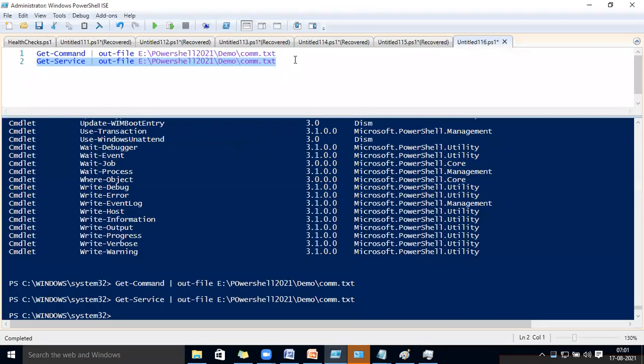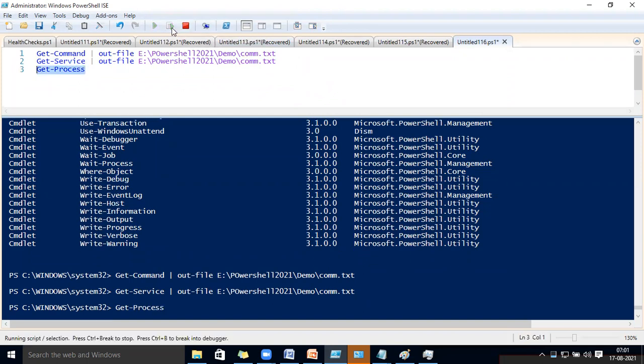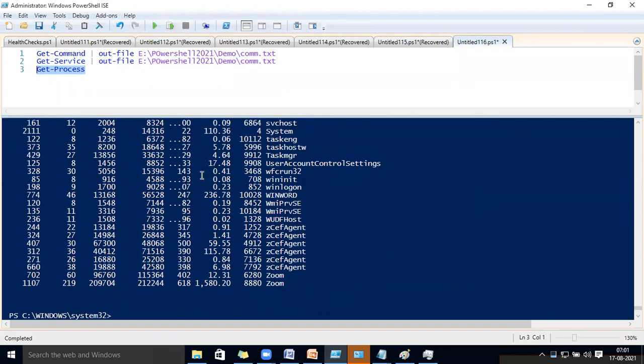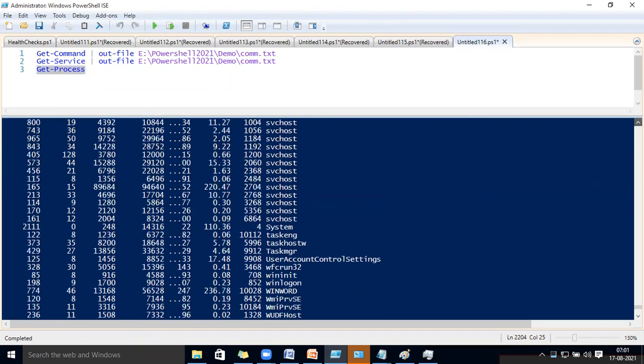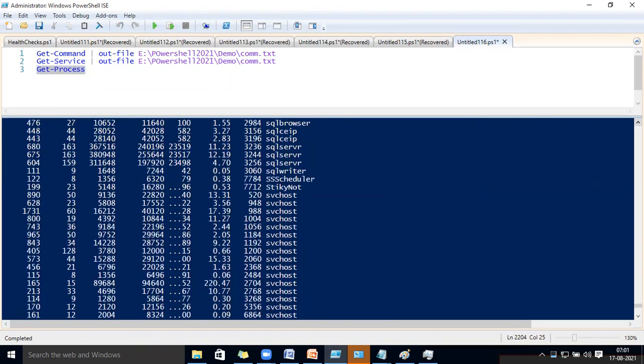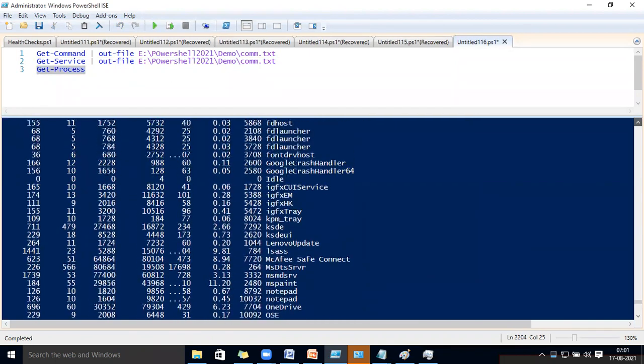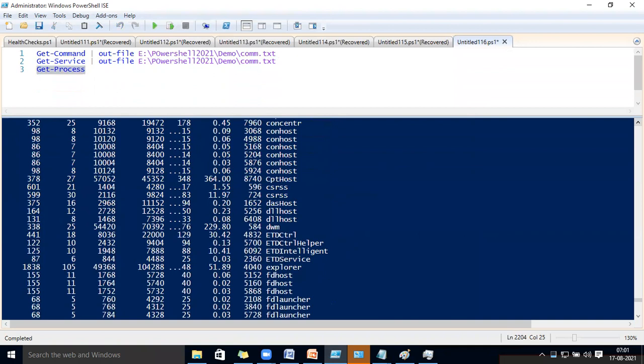You can go with Get-Process also. Sorry, I have not taken it into the notepad file. So you can see these are the processes. The same thing as the task manager, whatever process things you will see, they are going to be displayed.